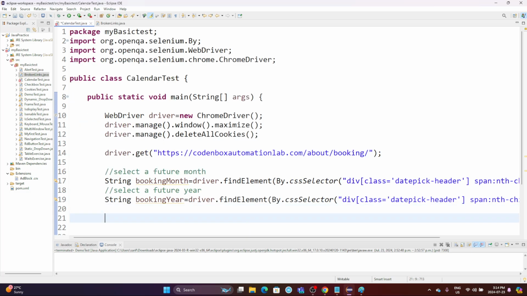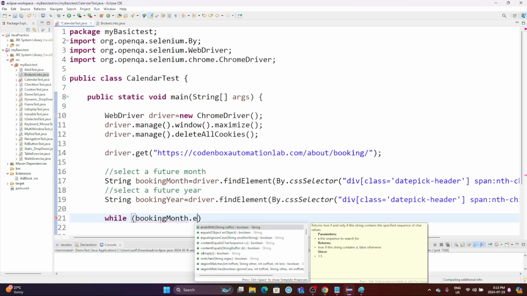Then I'm going to use a while loop. My target is finding that the month is January and the year is 2025. So I'm saying while, using the locator for month,